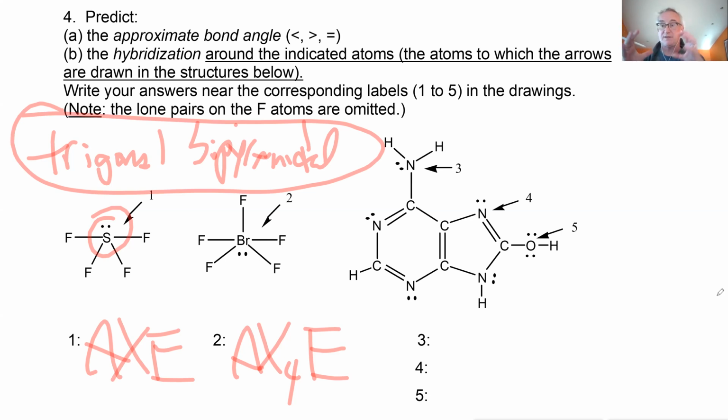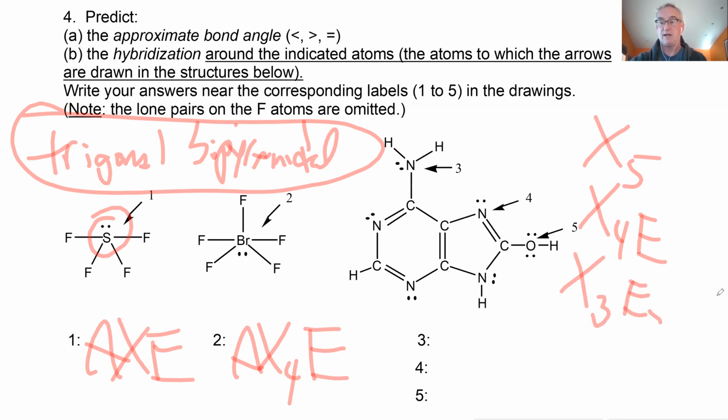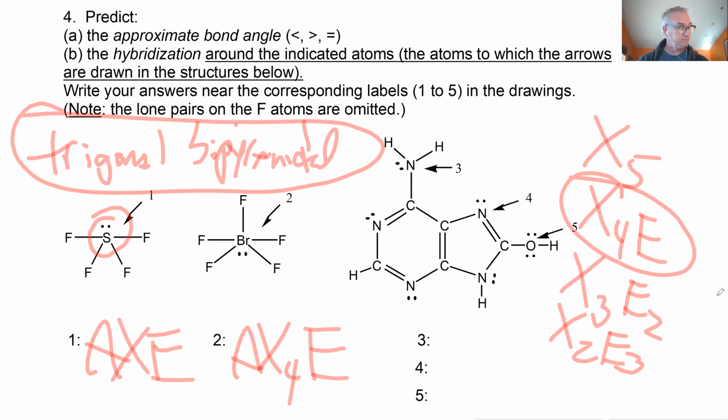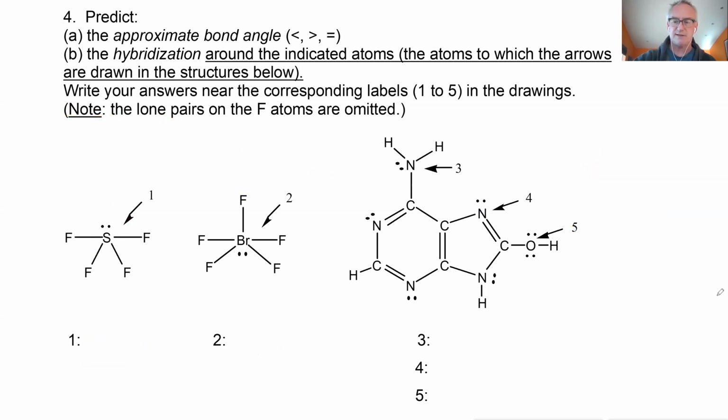I have ones with 5 atoms. I have ones with 4 atoms and a lone pair. I have ones with 3 atoms and 2 lone pairs. And I have one with 2 atoms and 3 lone pairs. So I'm looking for this one, and I look it up, and that is a seesaw. Okay. So I have a seesaw shape. And it says that,